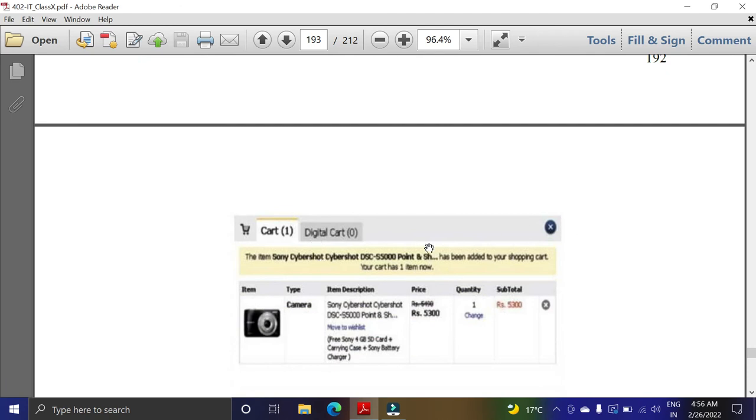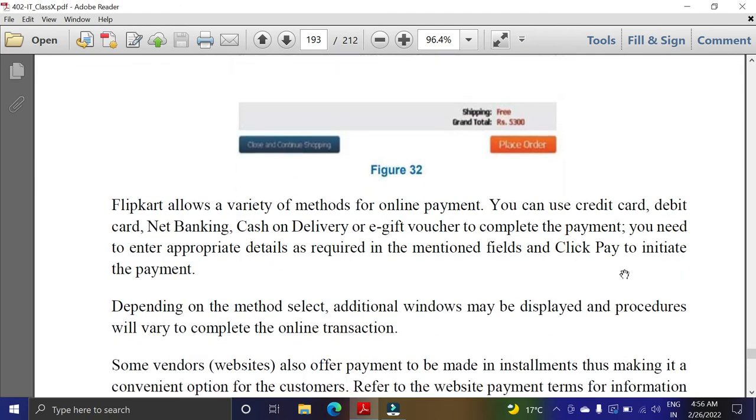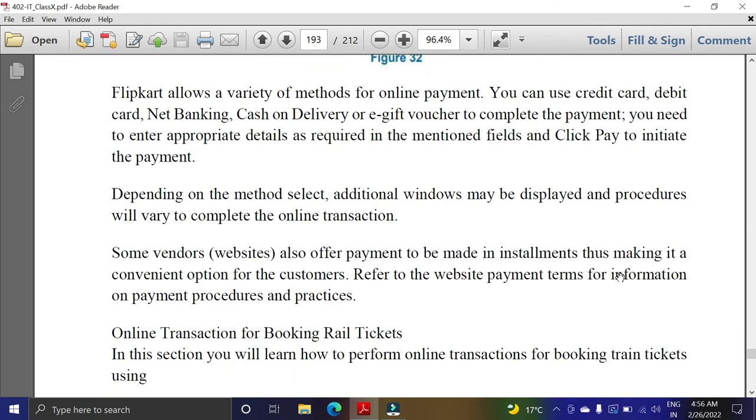Mostly it goes to cart, and from here you can start with the payment. Place order. Now Flipkart allows you a variety of methods for online payment. You can use credit card, debit card, net banking, cash on delivery, e-gift voucher to complete your payment. You need to enter appropriate details as required in the mentioned fields, and then you will click on pay to